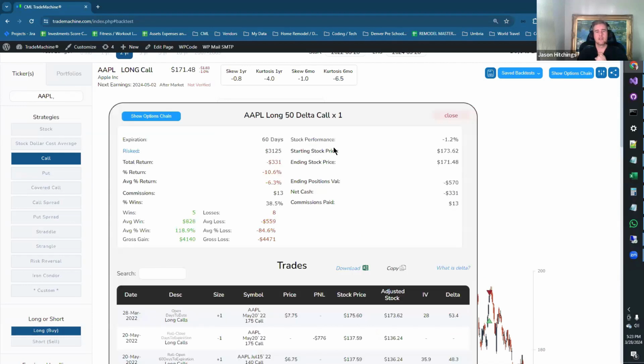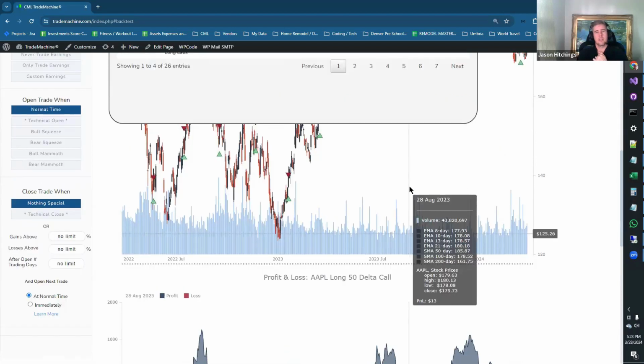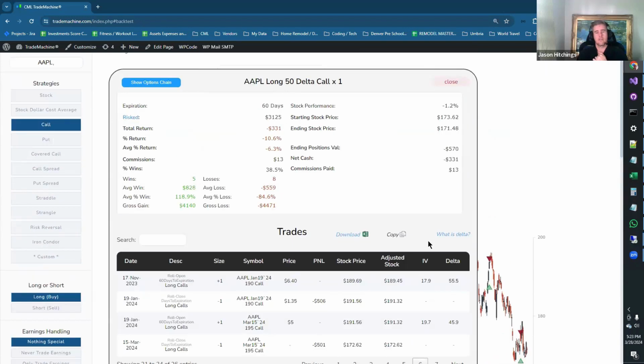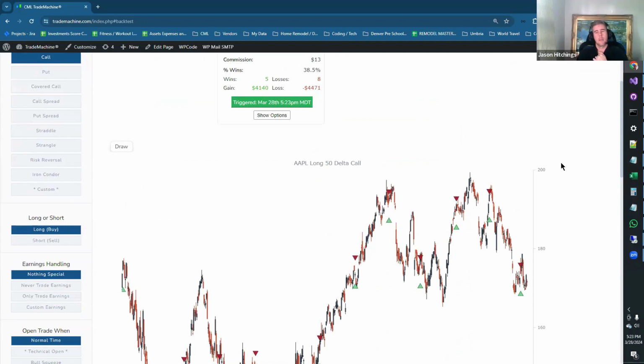Just wanted to look at adjusted close price here for a second. So we see price and we see adjusted stock. And those can be very different. And the reason for that is when stocks split,